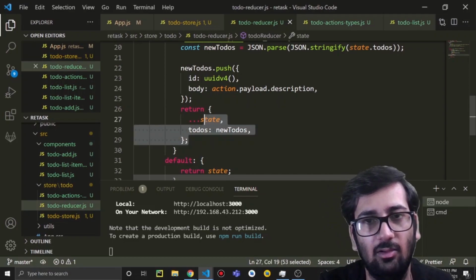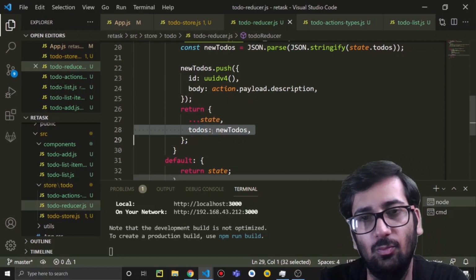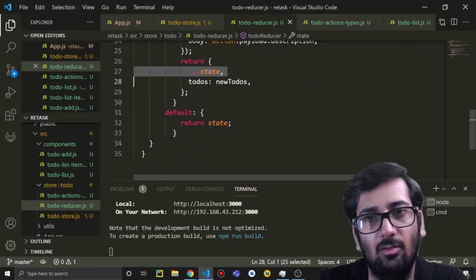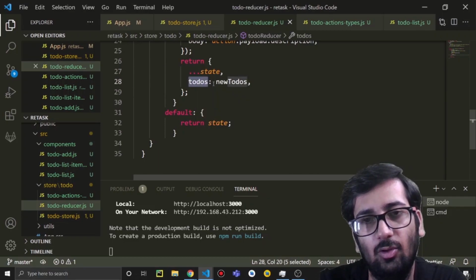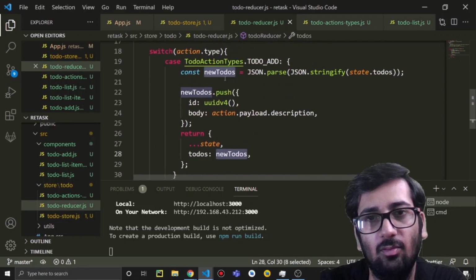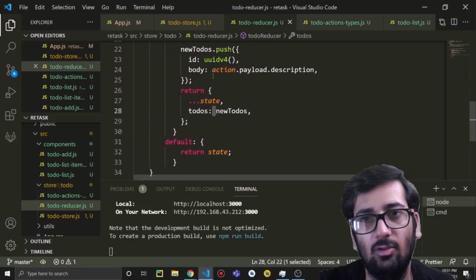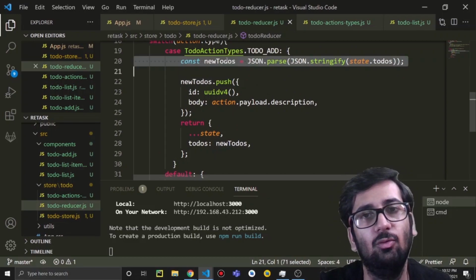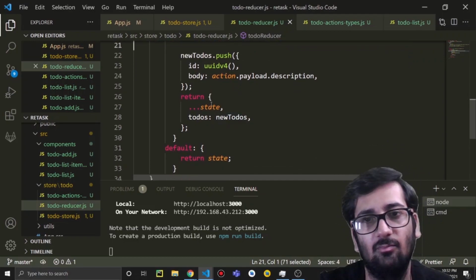So this is how you can send the previous state and spread-add the new to-dos as well. What it will do is add all the previous state except to-do, which is going to be rewritten with the new to-dos which we have created here. So that's how you don't change the current state, you just copy it into a new variable, then change it in the new variable, and then assign the new variable to the previous state like this.